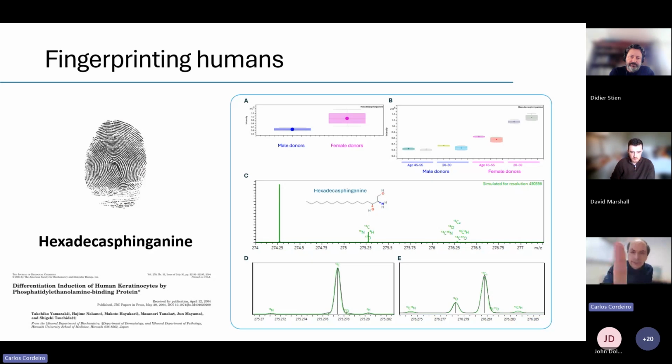For example, if I touch the camera, you will see my finger mark. This finger mark is actually a very complex mixture made out of exposome components, endogenous substances, things that I may have or the person may have had for food, or imagine that person may have manipulated explosives, taken some drugs, some medicine, and a lot of these things will show up in the composition of the finger mark.